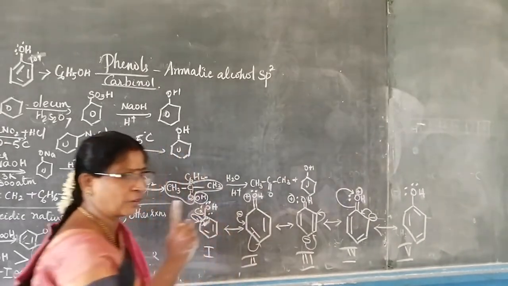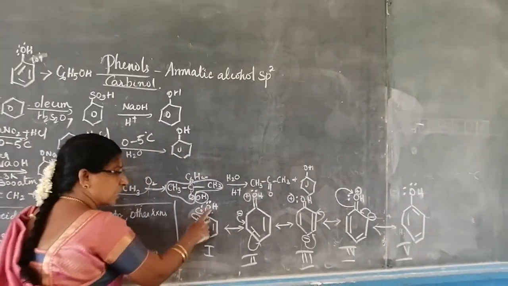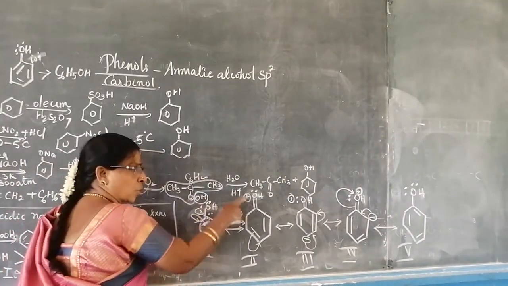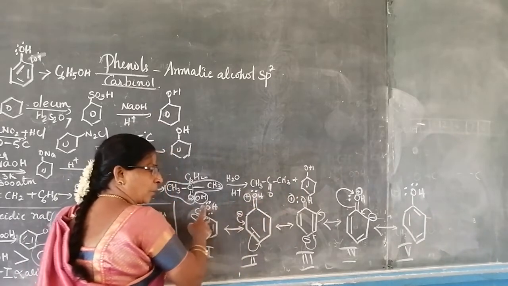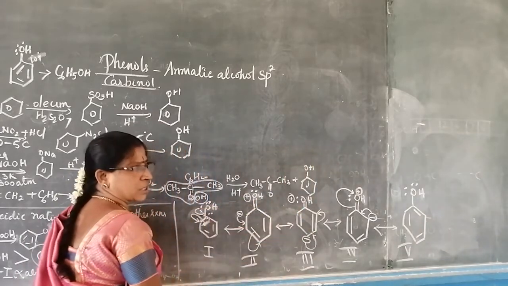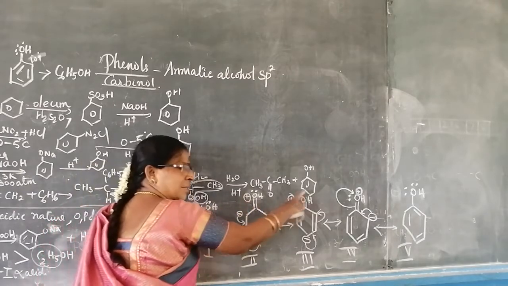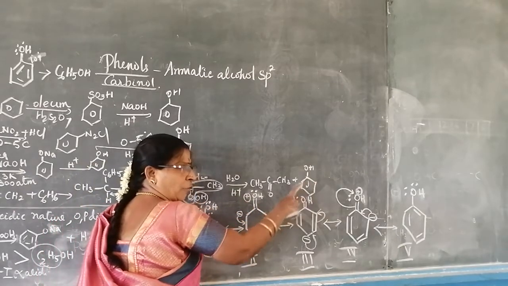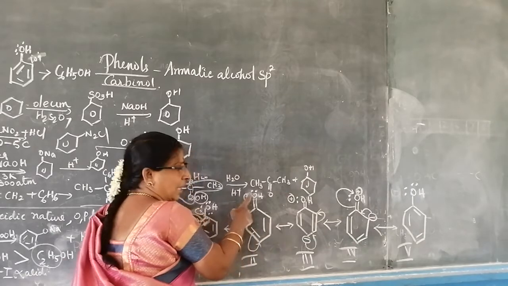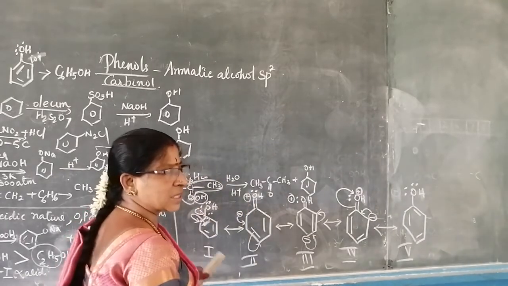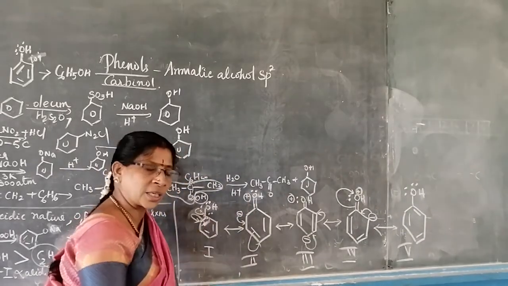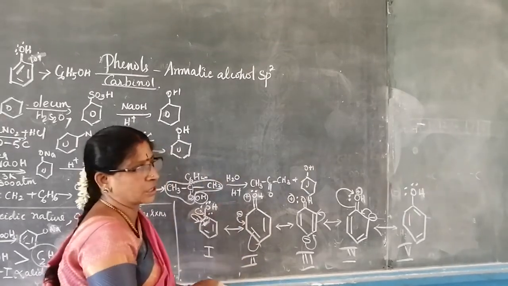The difference between phenol and phenoxide structure is here it will be 3 lone pairs, so no positive charge will come. 2 pairs will be retained in phenoxide ion, but in phenol only 2 lone pairs. So in other structures it will be one pair of electron only, but it will have a positive charge. Remember, this is the difference between resonance structures of phenol and phenoxide ion.